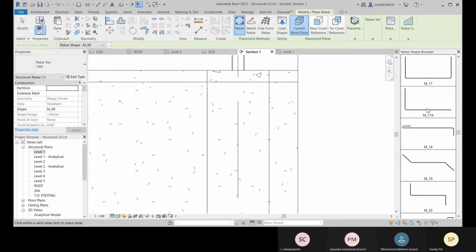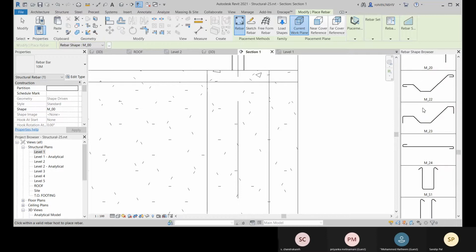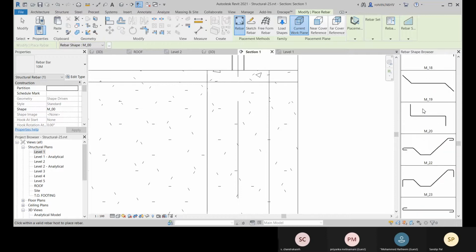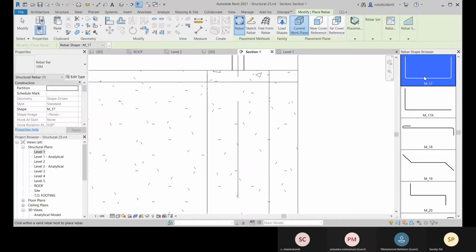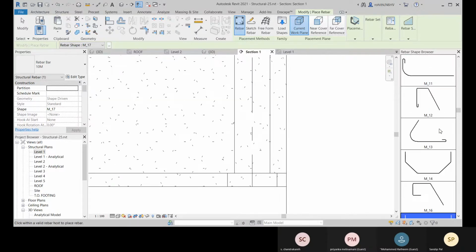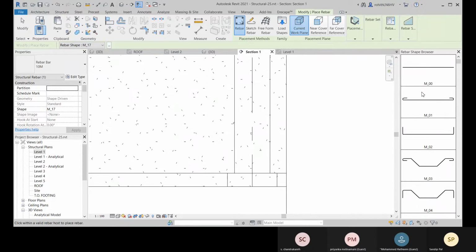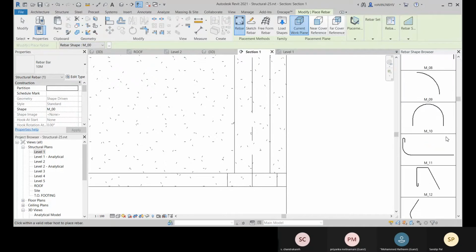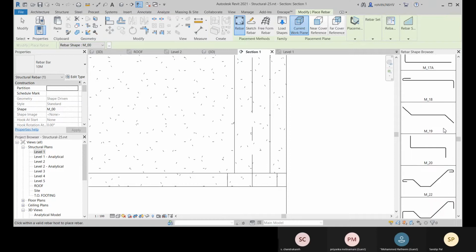So let me see. So about this one, this is the horizontal one, so I'm not getting the vertical one.